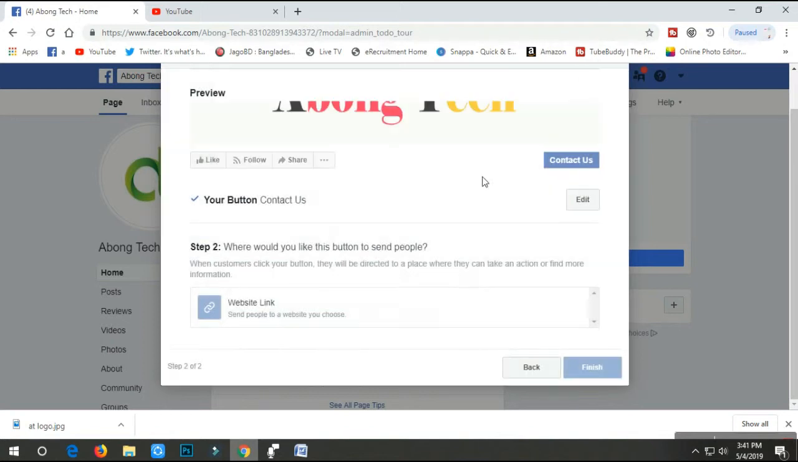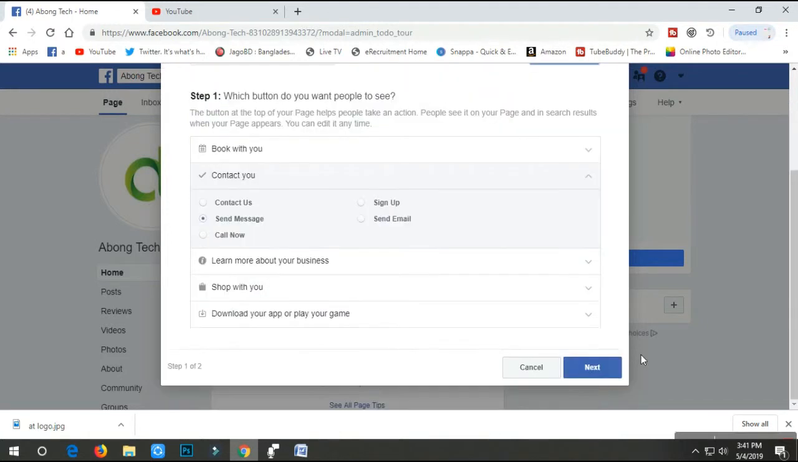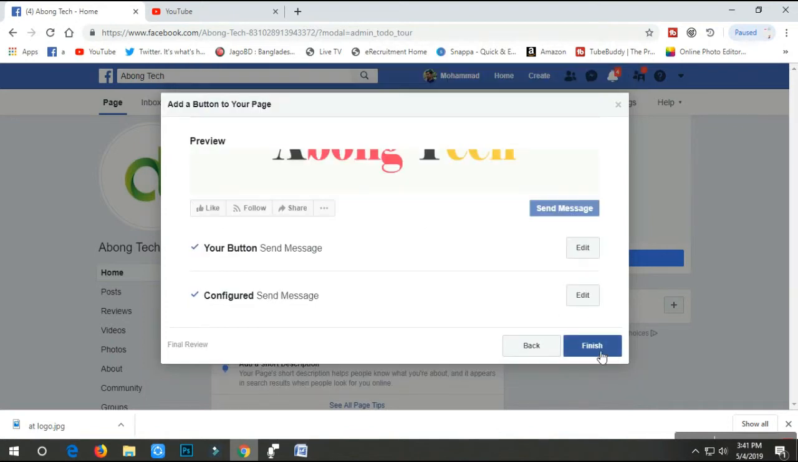Or viewers, if you use send message, now finish. Okay, click on finish, or send message, finish. Okay, now you can see a button has been arranged here,